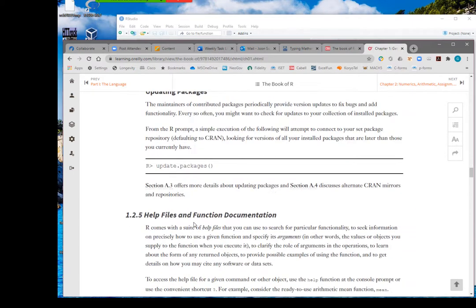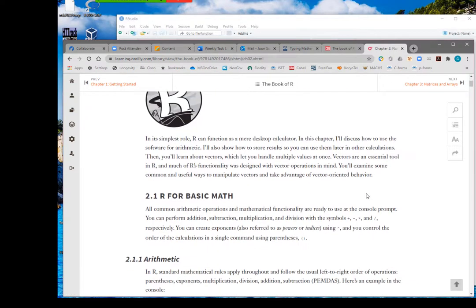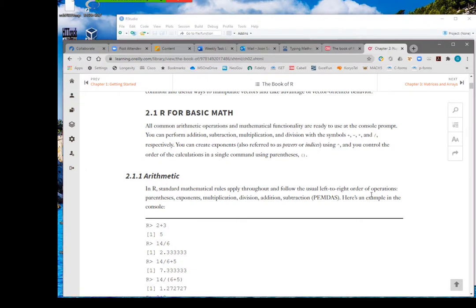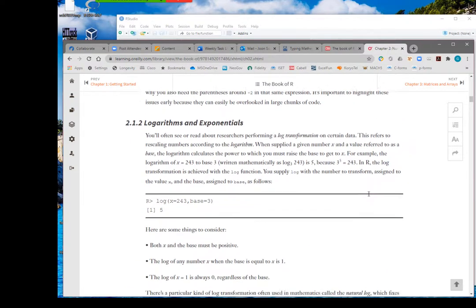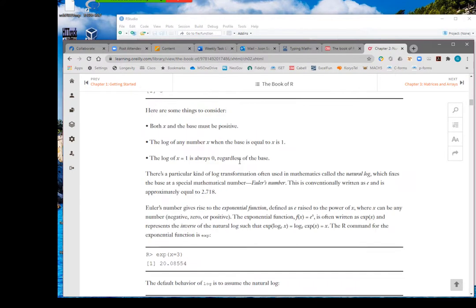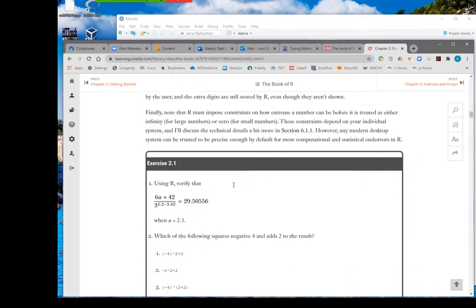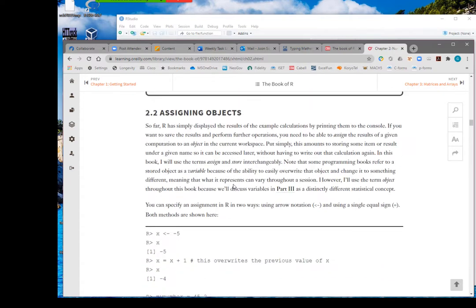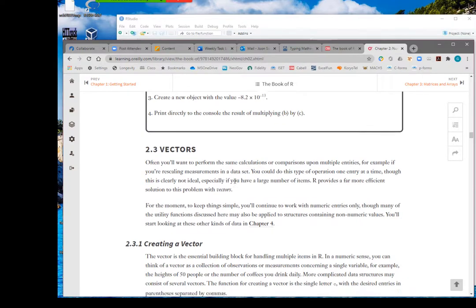For now, okay, I'm going to move to chapter 2. I'm done with chapter 1. Chapter 2 is basically arithmetic, log and exponential, and E notation, because R uses E notation, as you can see. Then I'll talk a little bit about objects and vectors.